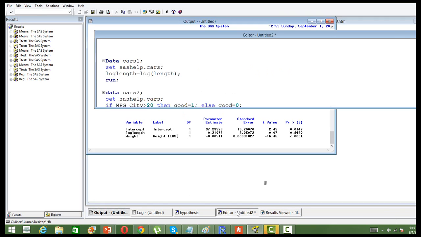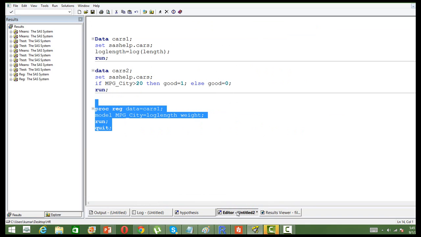You can just try out, you can just play with it. Try your best. If it's not coming significant, then you cannot do anything about it. Keep on adding more variables like engine size and see whether R square is increasing. There will be a point after which your R square will not increase at all. Just stop there. So it's entirely up to you how you play with this data.